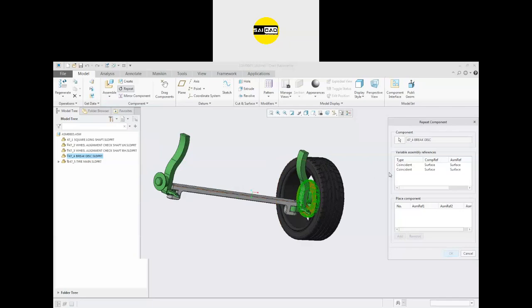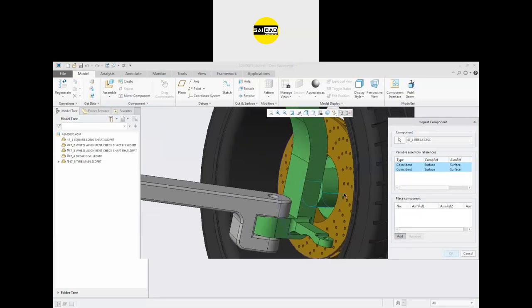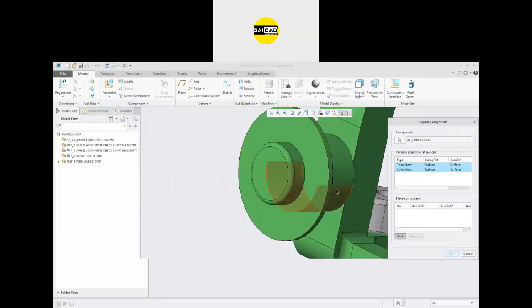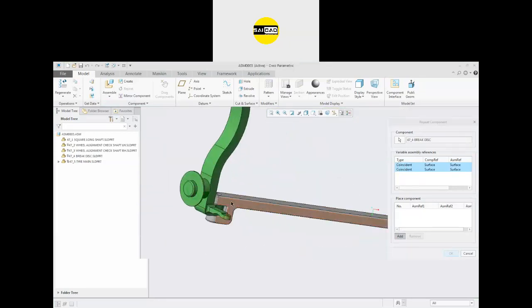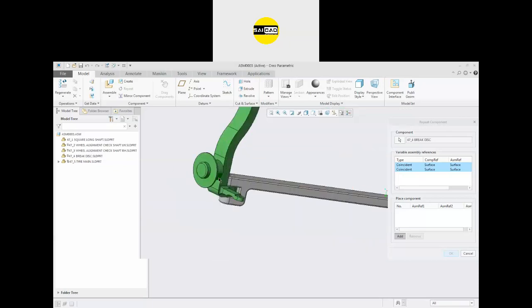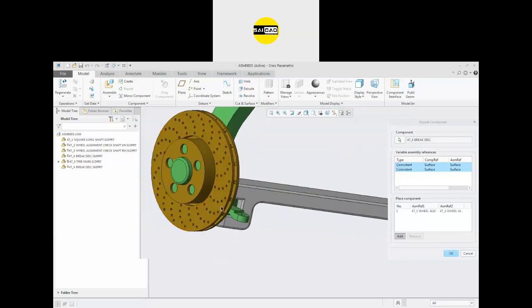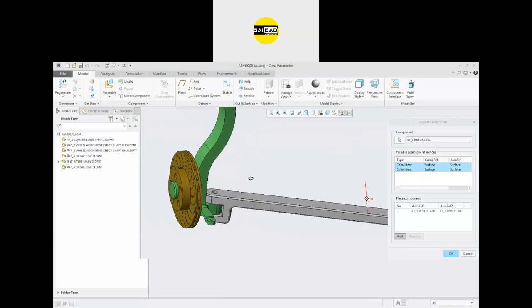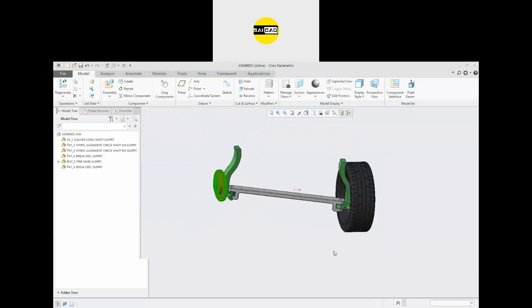Now you can see the relation you have added to this one is these two. So this one and this one you can select. You can define both the relation by just selecting those. Click the add. Now it is asking for the circular. So select the relation from here you want to define. I want to define the new relation to this circle, and it is asking for the phase, so I want to define this phase. You can see the product is repeated, and click OK.